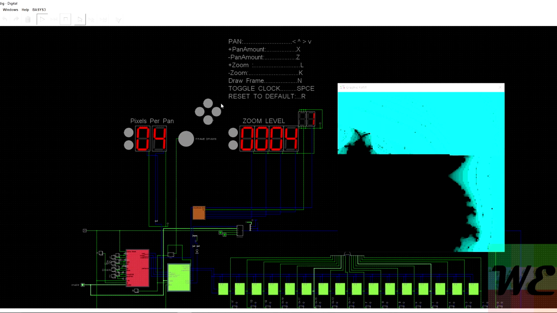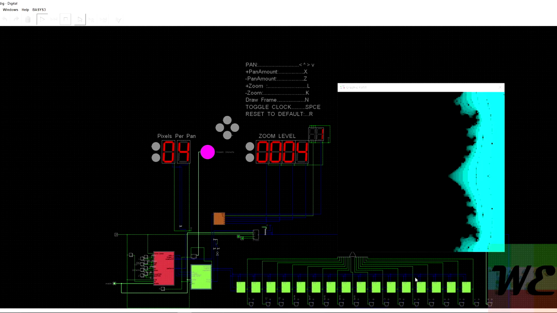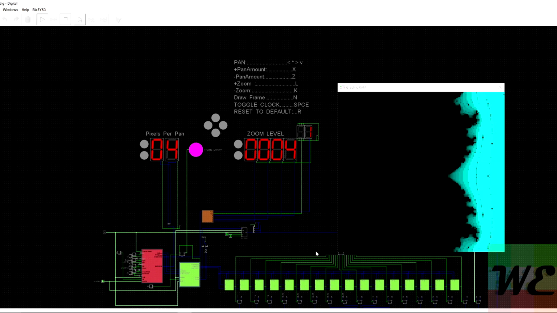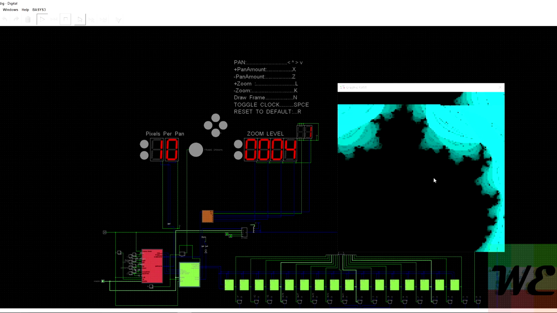Now you'll see we're at the Valley of the Seahorses, and we can't really see what's going on down here very well. This really just comes all the way down, right? But we can't see that because we only have a fixed 15 hardware iterations. Since that's fixed, I can't get a better view here, even if I zoom in or zoom out. But we can pan around some more. If I increment how much I pan and move up a bit and to the right, you can look at some of the other parts of the set here.